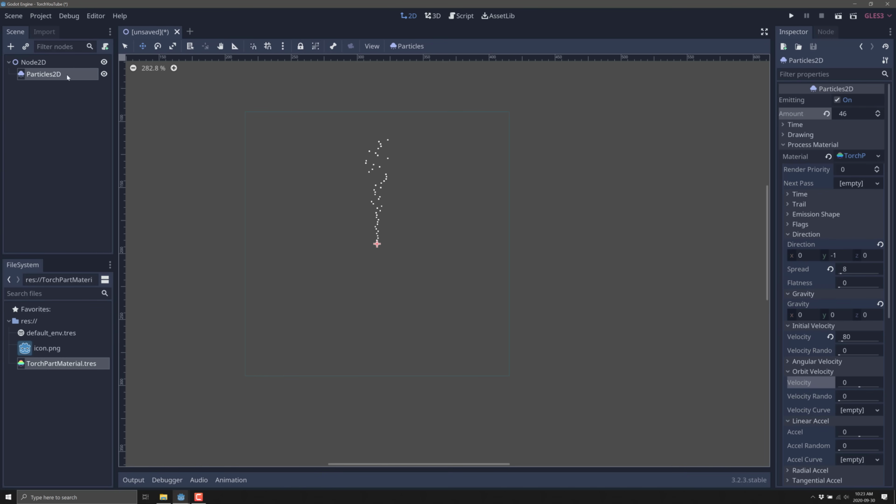Now I'm going to want to actually go back up to our particle system here, and we're going to jack the amount of particles up quite a bit. Let's go with a nice, even, interesting number like 444. All right, there we go. We have a decent number of particles. Things are looking pretty solid, pretty much what we want to do. So now let's take a look and turn it a little bit more torch-like.